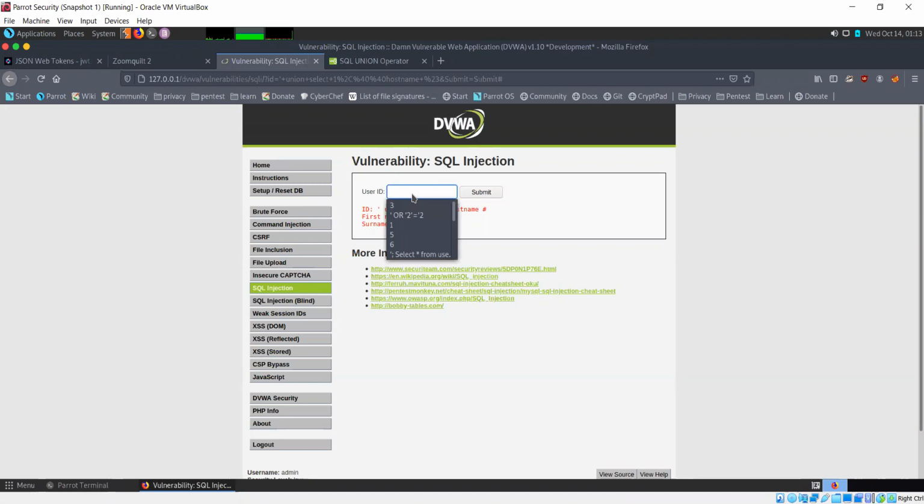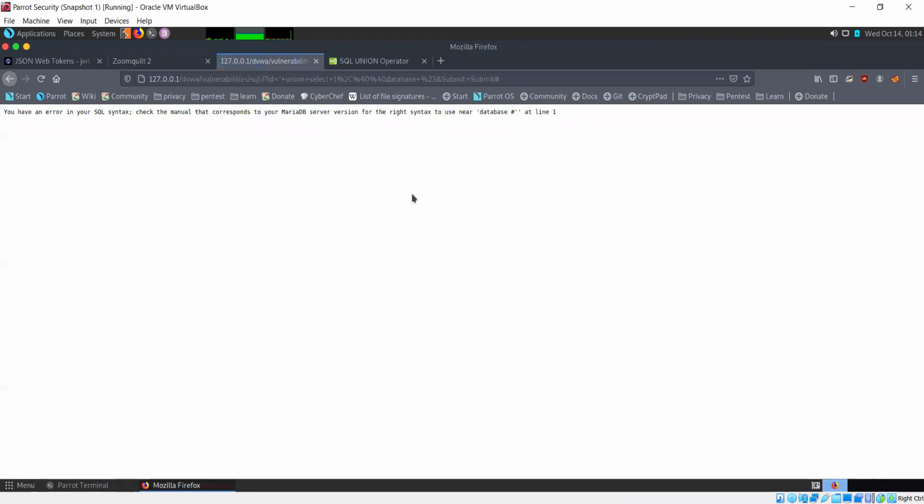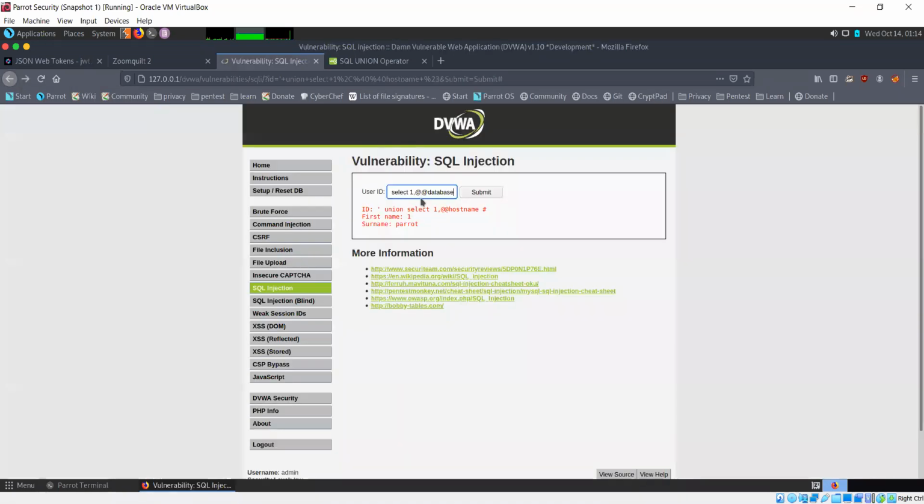And now I could also use this to find out the name of the underlying database. Let's select. With database, I'll probably have to use a different way.